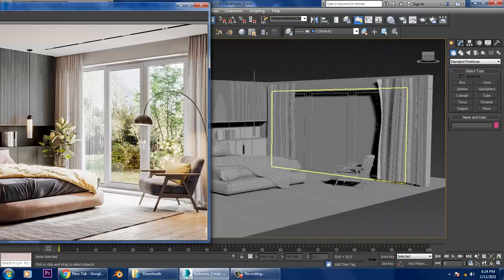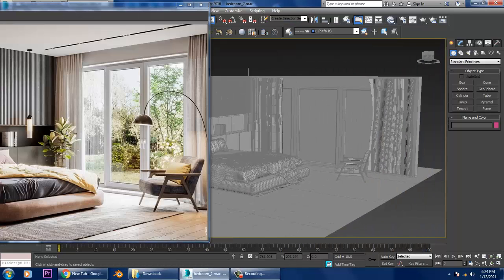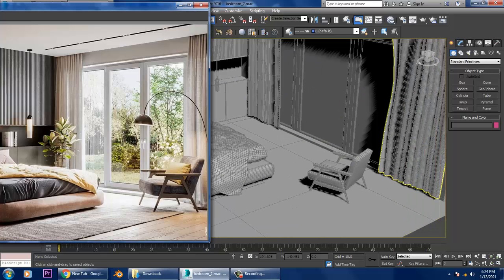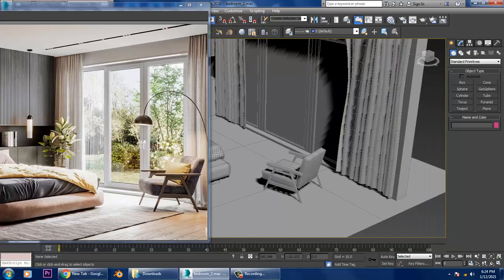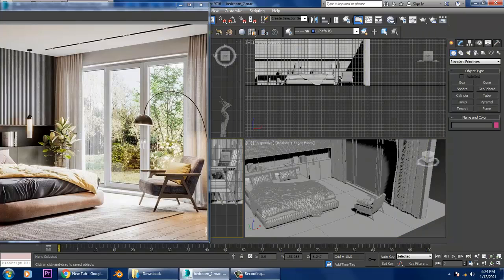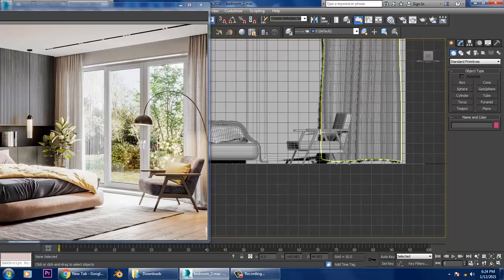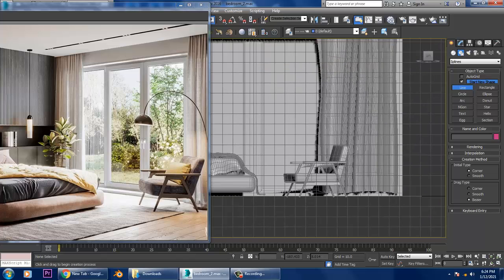So let's get started. As you can see over here, we have started with the modeling of this particular bedroom, that's the interior. So let's continue it. Now what we'll be doing is creating this lamp. For creation of this lamp, we'll be utilizing a line. So let's just take a line tool over here